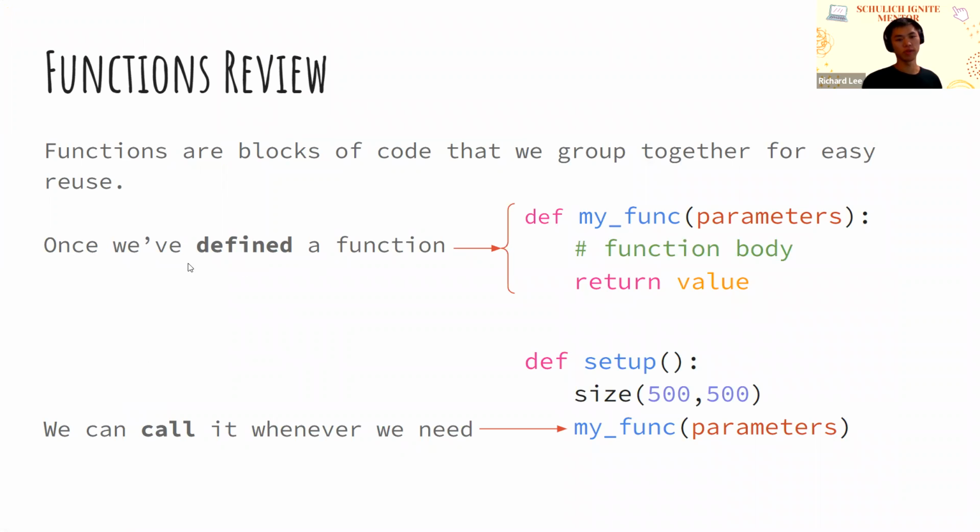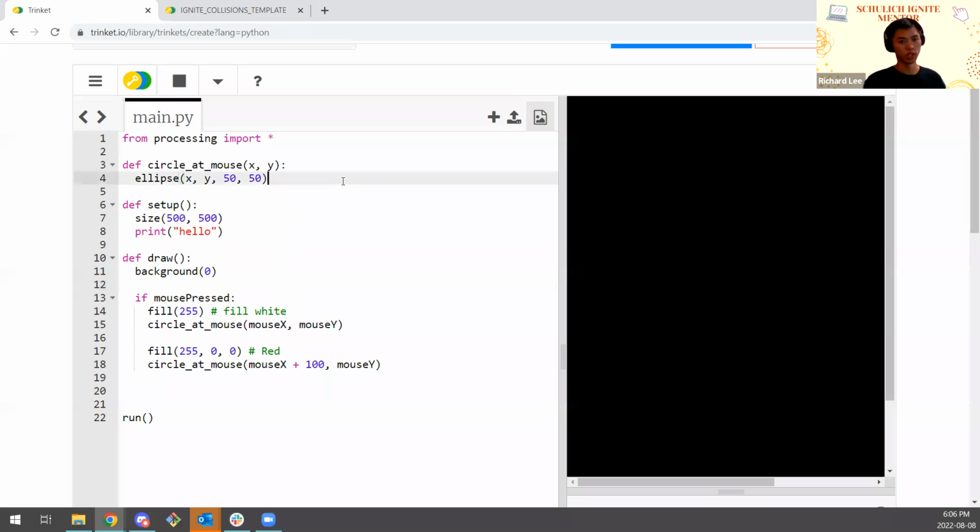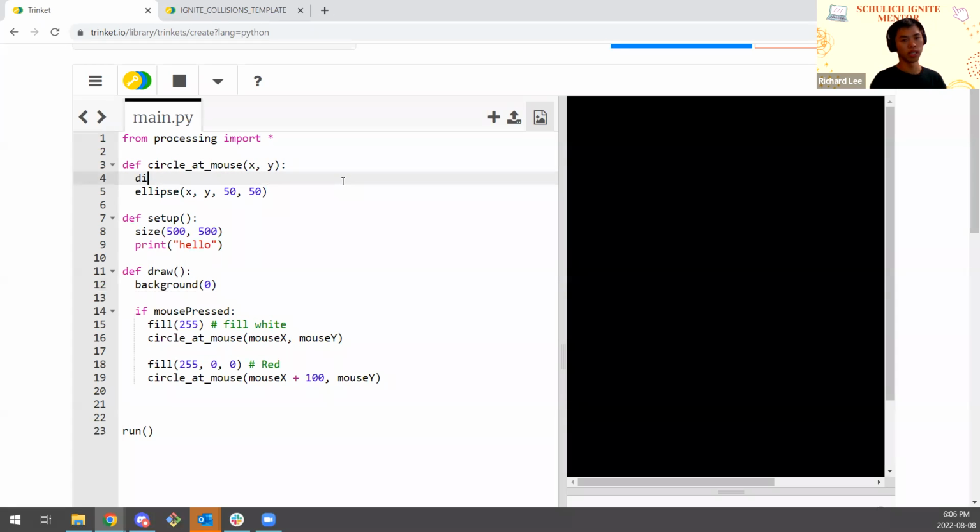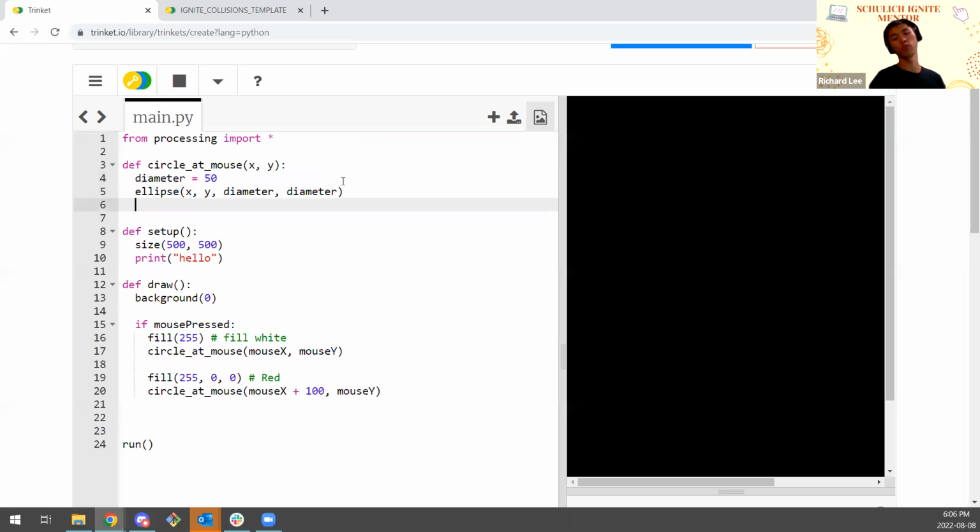So after I talked about functions, where we define the functions and we call the functions and we pass in the parameters, we have the function body. There's also the return value that I can quickly talk about too. So I can choose a random arbitrary example. This is not a great example, but diameter is set to 50. And if I choose my diameter here, and my diameter here, I can also return the